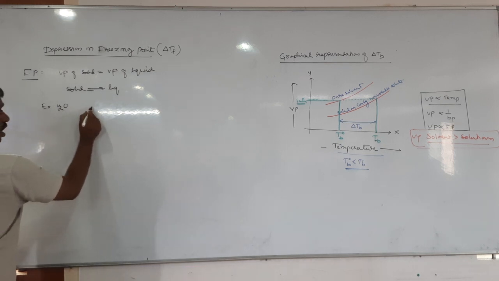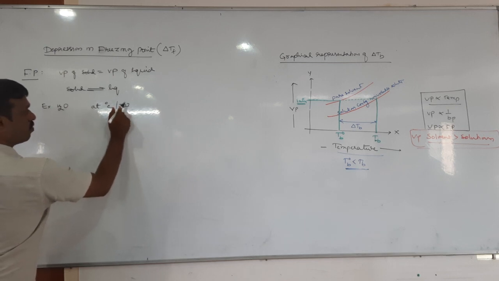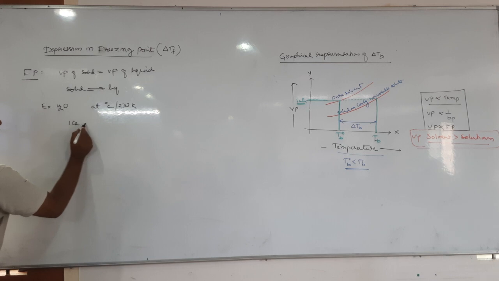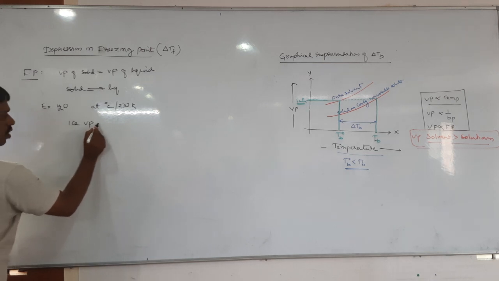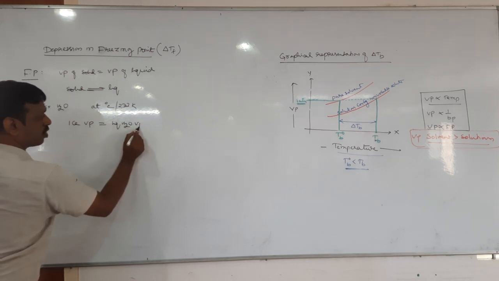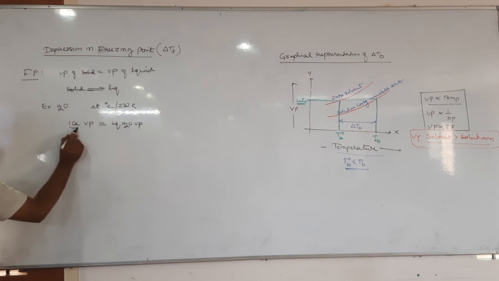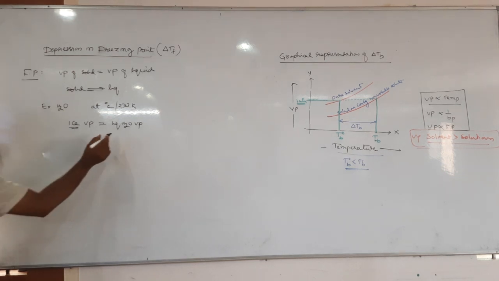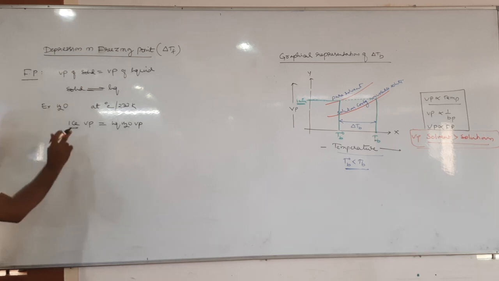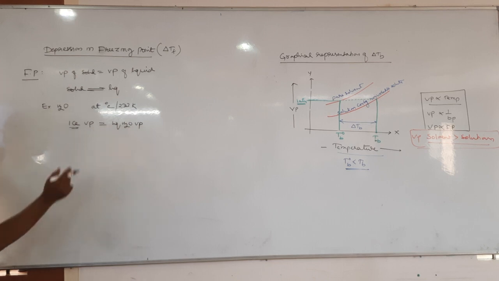At 0 degrees Celsius, nothing but 273 Kelvin, no? At 0 degrees or 273 Kelvin, the vapor pressure of ice equals the vapor pressure of liquid water. That means at 0 degrees Celsius the vapor pressure of ice is equal to the vapor pressure of what? Liquid. Right. That means ice and liquid water are both at equilibrium.